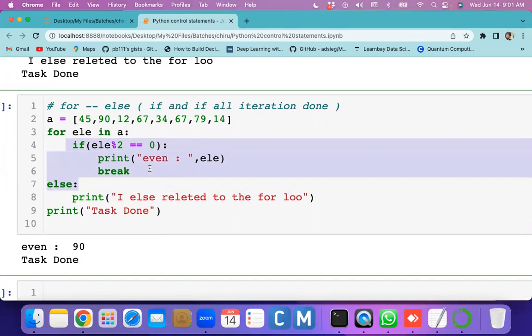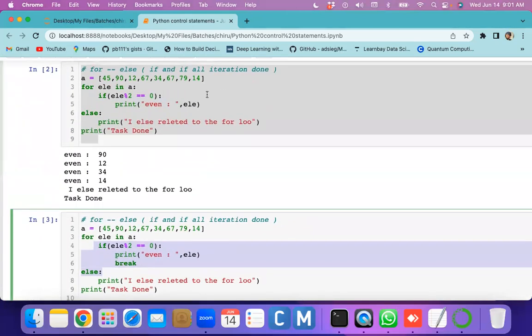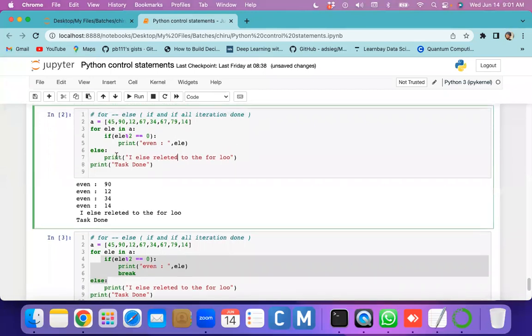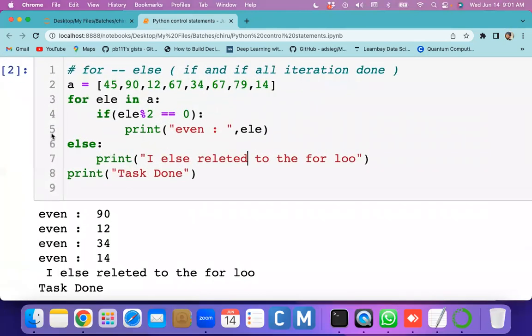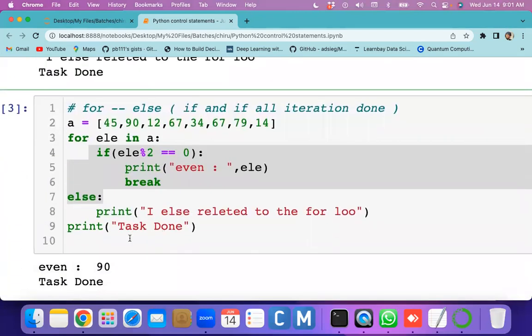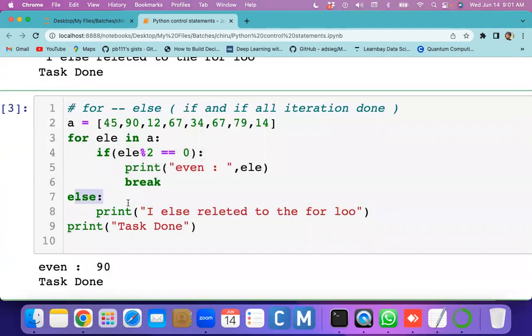Is the difference between these two clear? Here the else is executed, here the else is not executed. Why? At the second iteration my loop was broken.